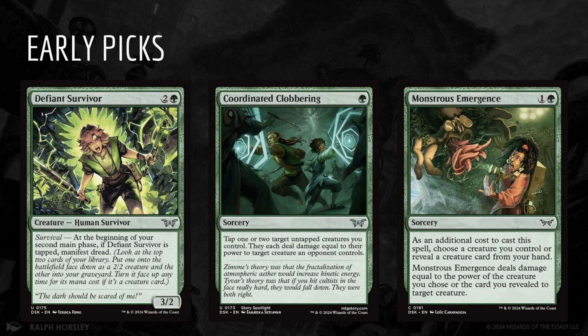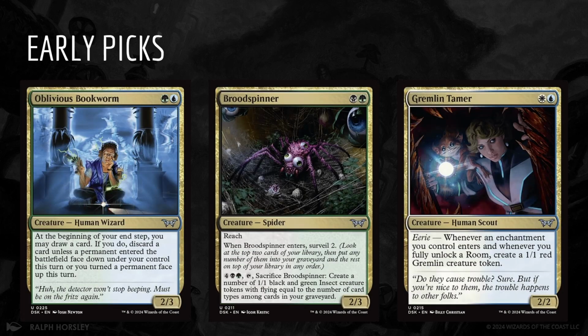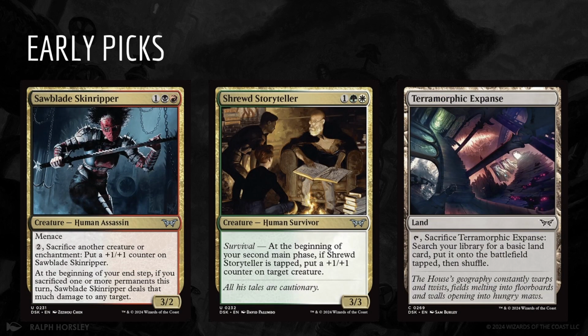Defiant Survivor is 3 mana for a 3/2 with survival. You get to manifest dread. Coordinated Clobbering, single green, tap 1 or 2 creatures you control, and they punch something. And Monstrous Emergence is 1 and a green for a sorcery. You choose a creature you control or reveal a creature from your hand, and it deals damage equal to the power of that creature to target creature. And the way this is worded, even if they kill your creature out from under you, this still works, which is really nice. And then some of my favorite signpost uncommons here: Oblivious Bookworm, Brood Spinner, Gremlin Tamer, Sawblade Skinripper, Shrewd Storyteller,